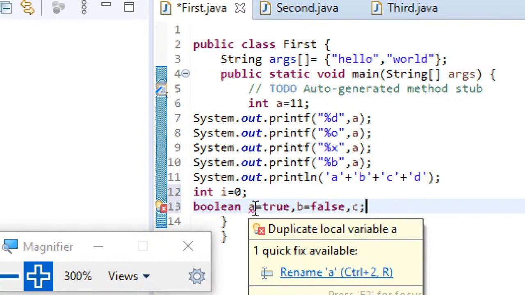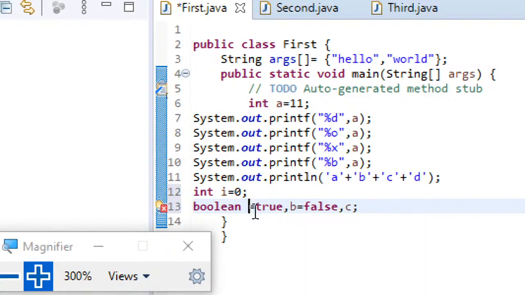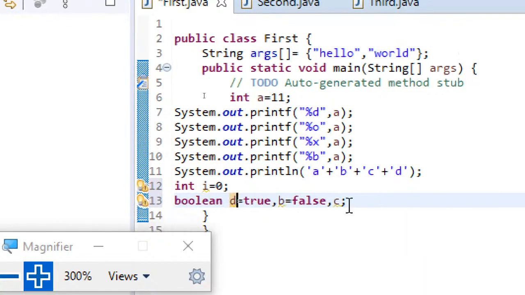Okay, a is already used, so let me make it d. So boolean d equal to true, b equal to false, and c I have just given.